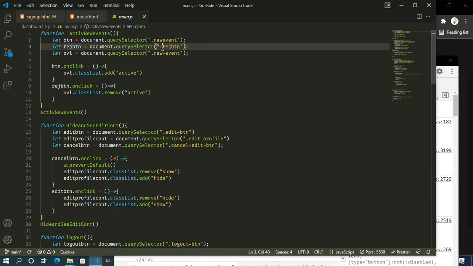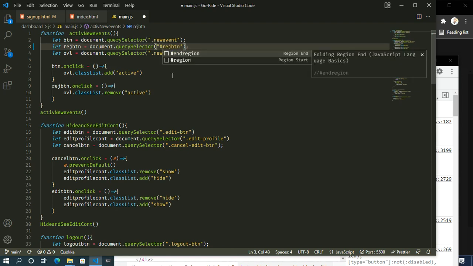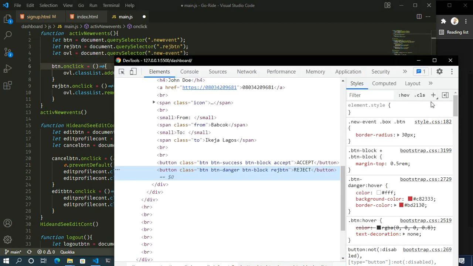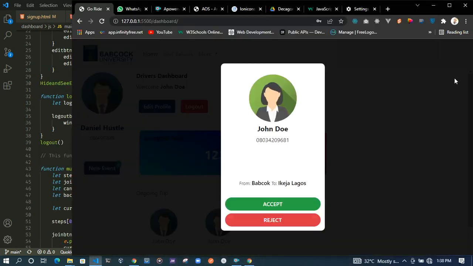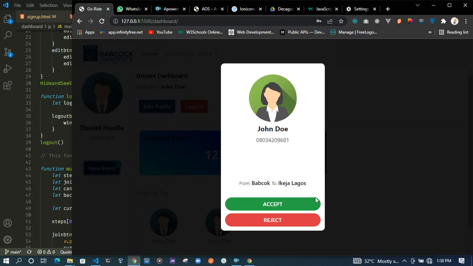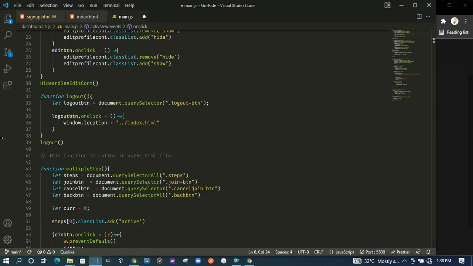So let's say this particular element has an ID of reject button. Instead of saying ID and reject button like this, we make use of the hashtag. But if it has a class name, we can simply make use of the dot notation here. So we have the overlay also as a class name of new event here, and we want to assign an event listener here. The event we want to assign is that once we click on this new event, we want this modal to show, right? The only way we can do that is by attaching an